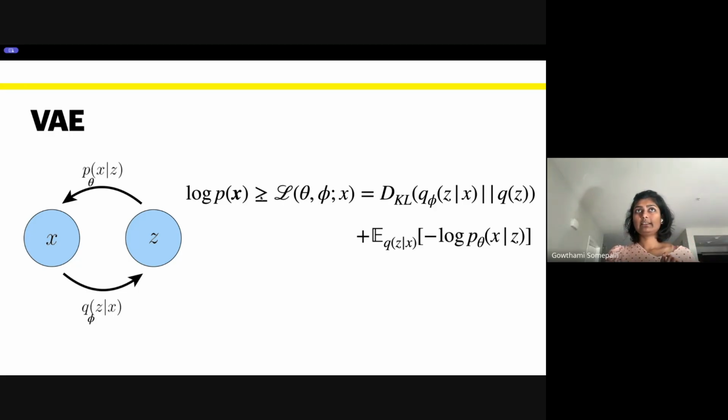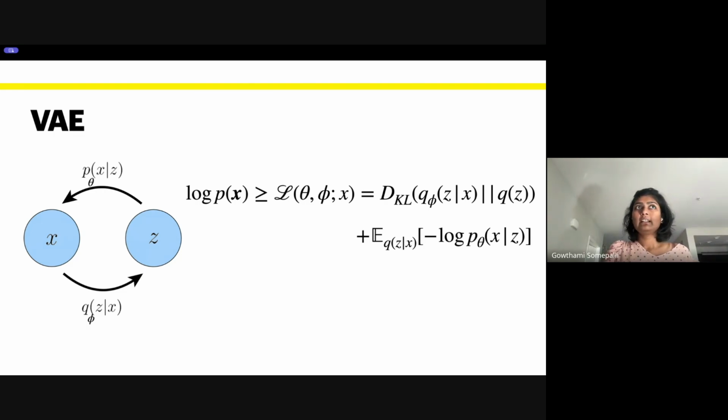It can be shown that this term is always greater than or equal to this right-hand term. So we should strive to make this term as high as possible. That way, hopefully, we will bridge the difference between the left hand side and the right hand side as much as possible. Just keep that in mind, because we'll be coming back to it a little later